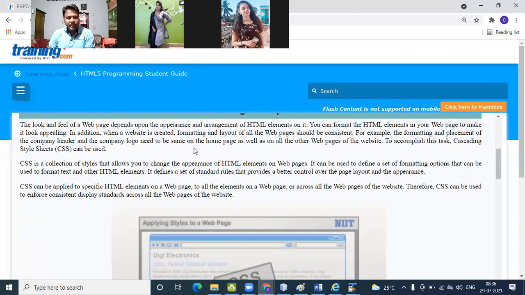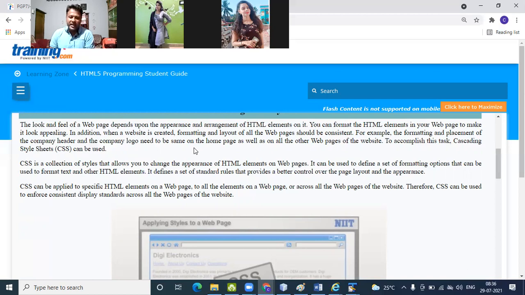In three ways you can add it: to a particular tag, to a particular page, or to the whole website.